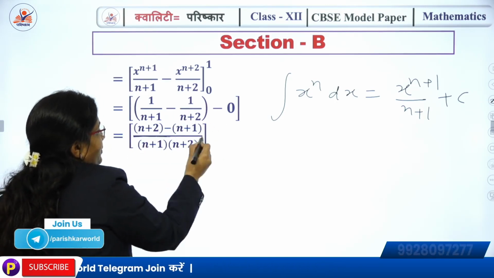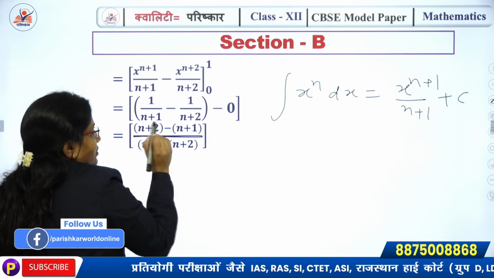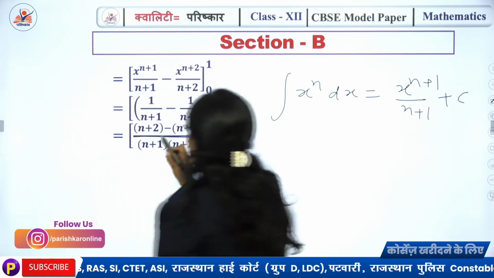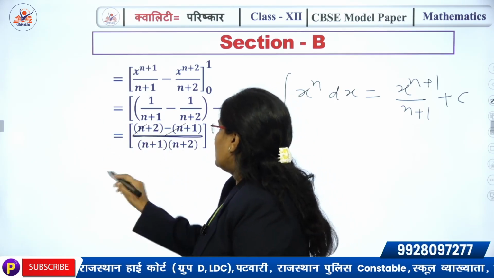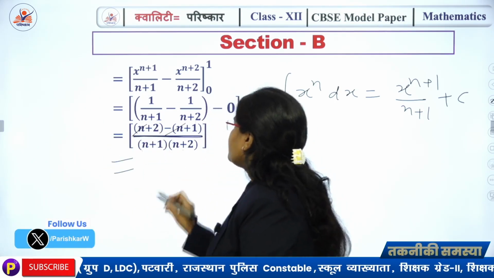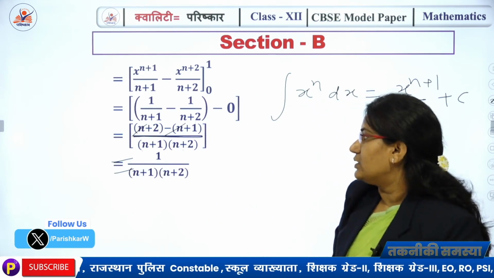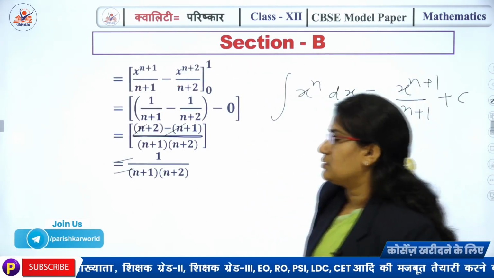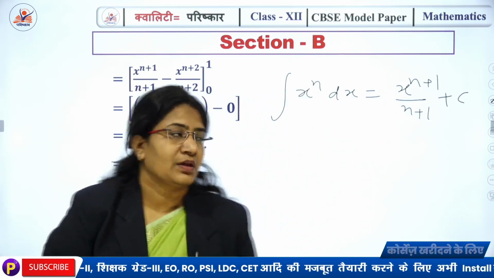Taking LCM, we have (n+1)(n+2), and the numerator of this fraction is (n+2) minus (n+1). After cancelling this out, we have 1 upon (n+1)(n+2), which is the right solution of equation number 24. Now next,